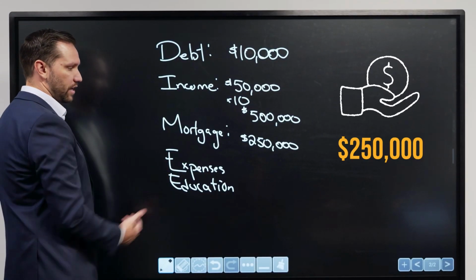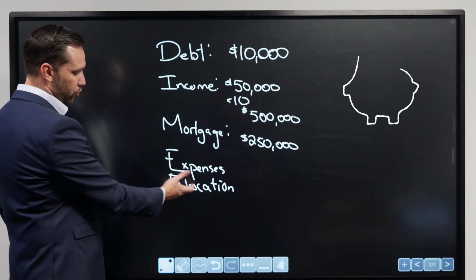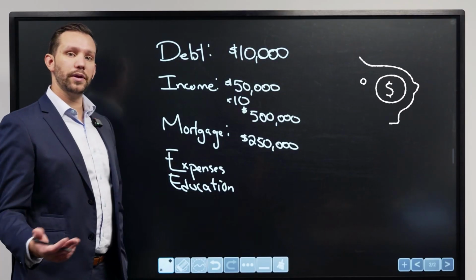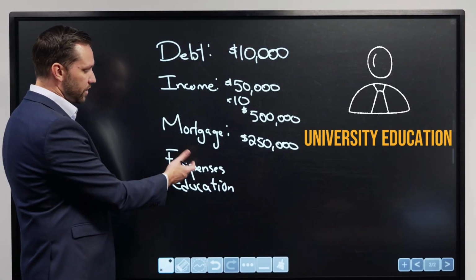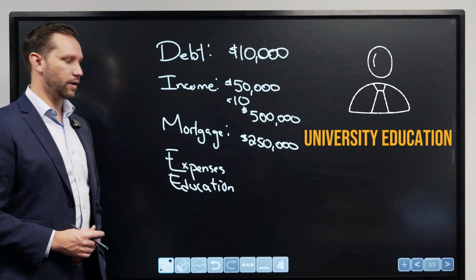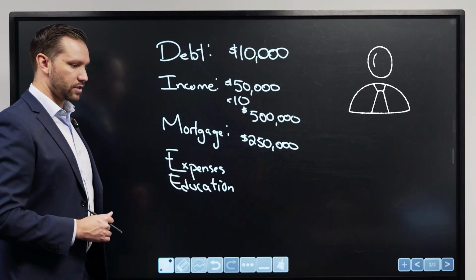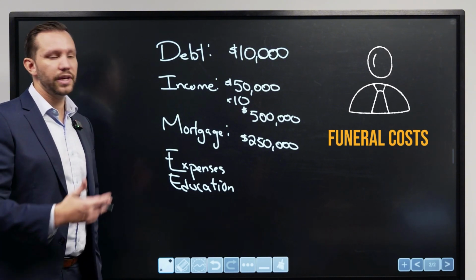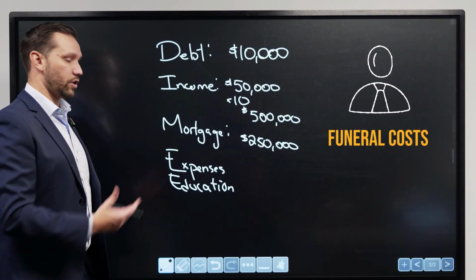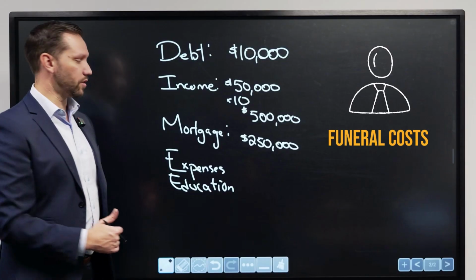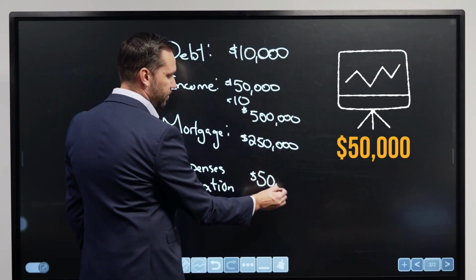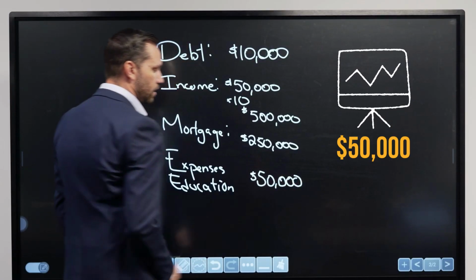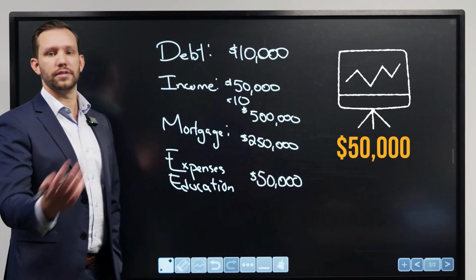And then expenses and education. If we have children, maybe we want to leave a little bit of money for a college or university education. These two numbers are a little bit arbitrary, in the sense of how big the funeral is going to be and what it's going to cost us. The cost today is going to be different than the cost in the future. But let's just say we wanted to put an extra $50,000 aside